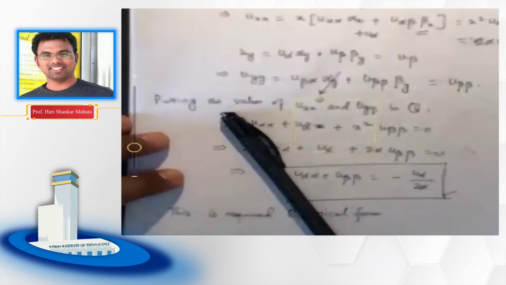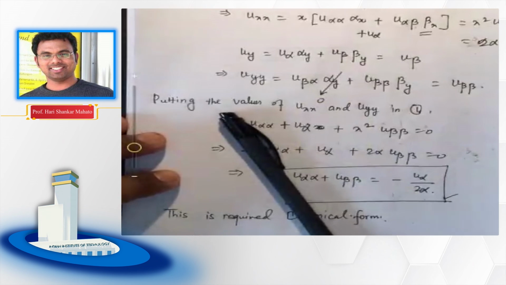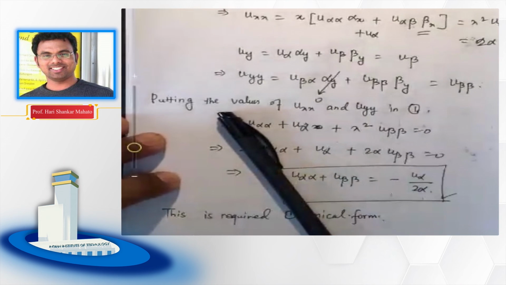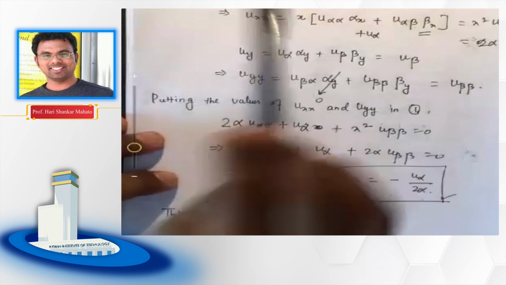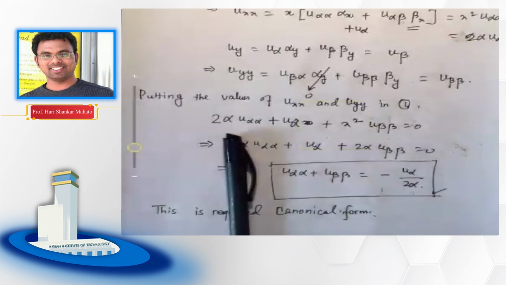So for hyperbolic PDE, we have distinct roots of that quadratic equation based on which we can calculate our characteristics. For parabolic PDE, we will have a repeated root of that quadratic equation based on which we can calculate our xi and eta using that independent condition. And the third one is you will get imaginary roots of that quadratic equation where we will get imaginary characteristics. That means the characteristics are not real. And therefore, we introduce this alpha and beta to calculate the canonical form for this elliptic PDE. So 3 different types of PDEs, 3 different types of rules.